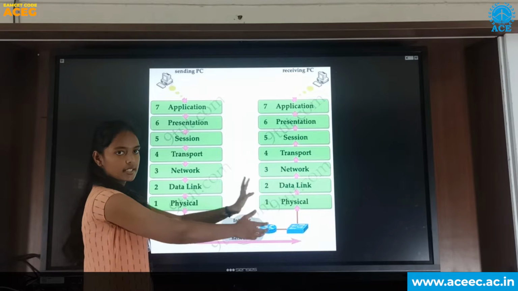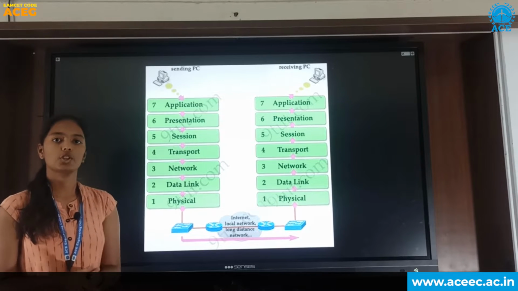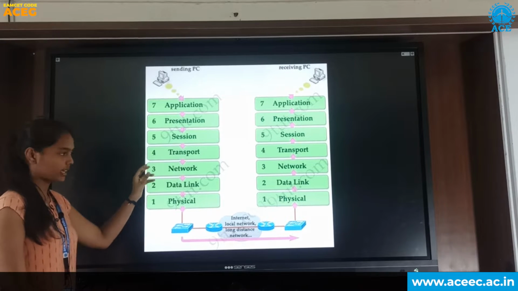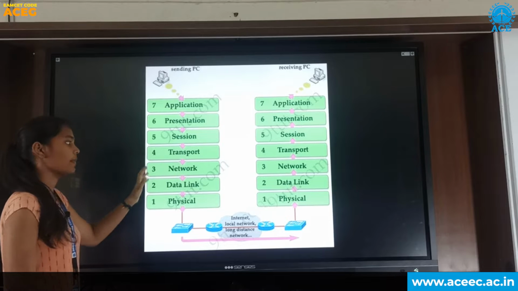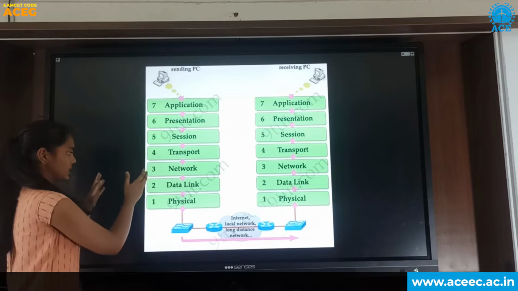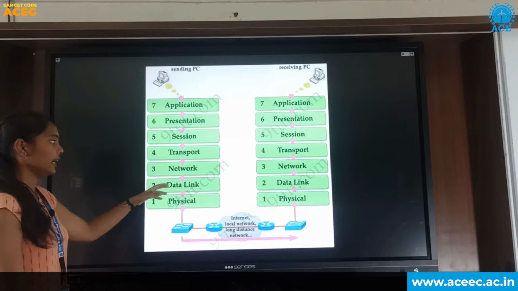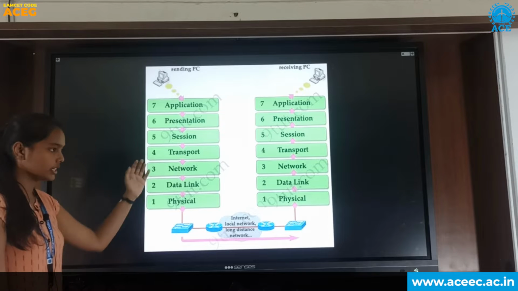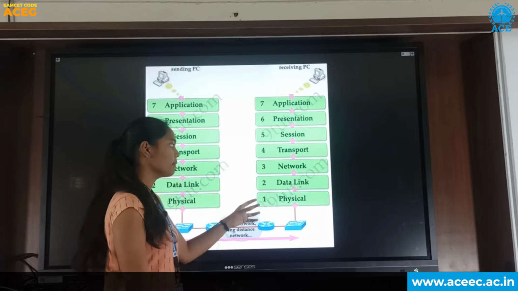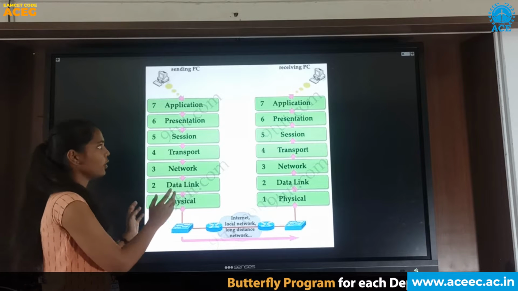This is the sender side and this is the receiver side. In the physical layer, the data can be transmitted. It involves the transmission of the bits from the source to the destination. In the data link layer, we get the packets from the network layer, and these packets are packed into frames. And the frame consists of 3 parts. One is the head part, the second part is the data, and the last part is the trailer part. So the data can be transmitted bit by bit to the receiver side through the hardware. So in the receiver side, it receives the bits by the hardware, and it assembles them into the frame. So this is done in the OSI model.